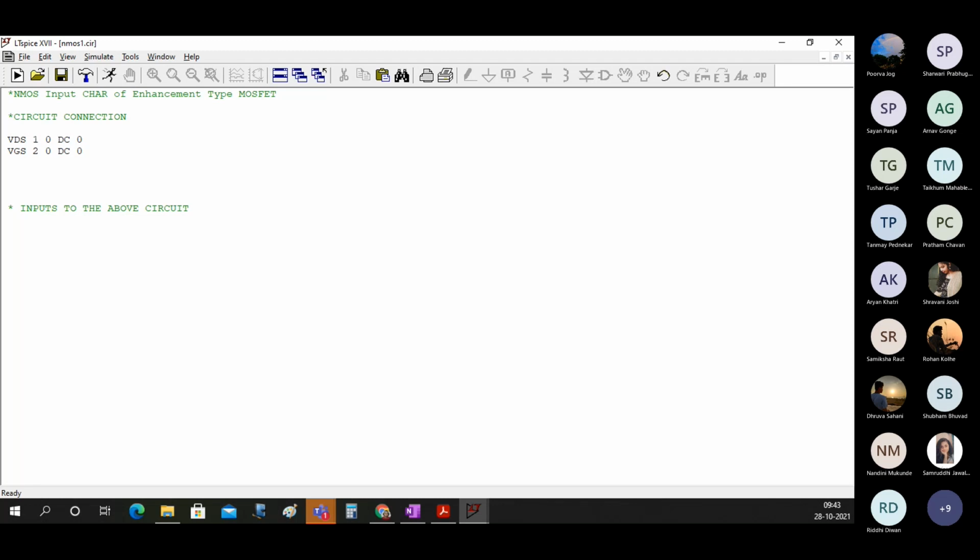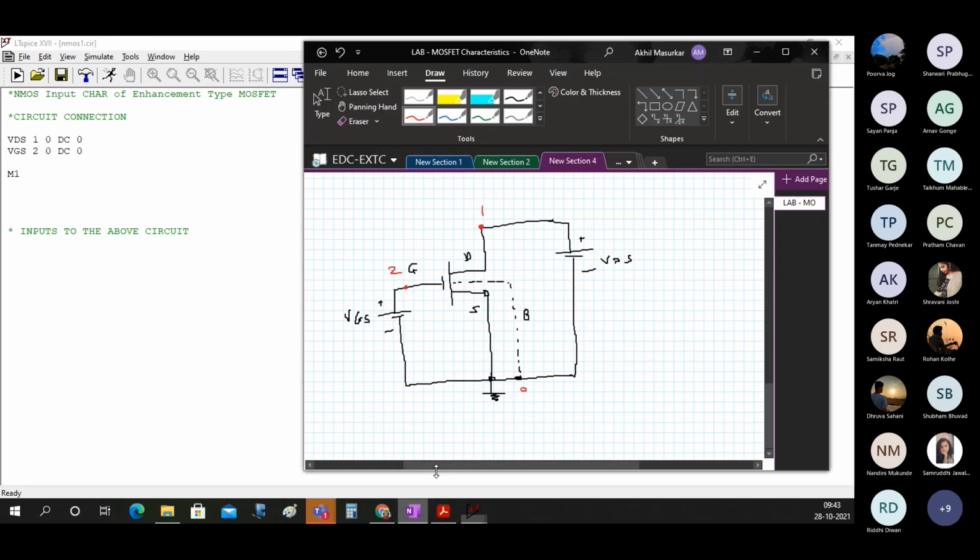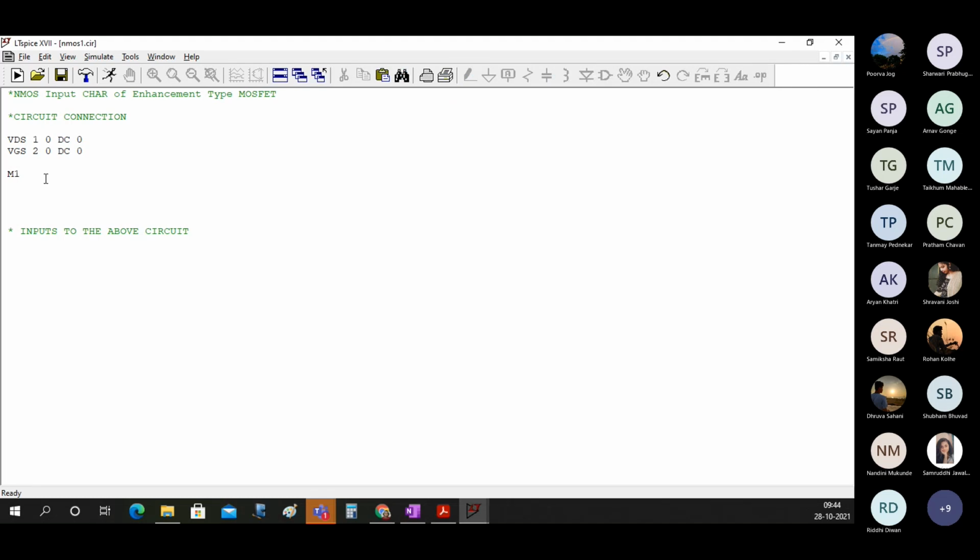Then I will write the MOSFET. I will name the MOSFET as M1, and then I will specify in the order drain, gate, source and body. First drain is connected to node number 1, gate is connected to 2, source and body are connected to ground. So I will write here M1 connected to 1, 2, 0, 0.